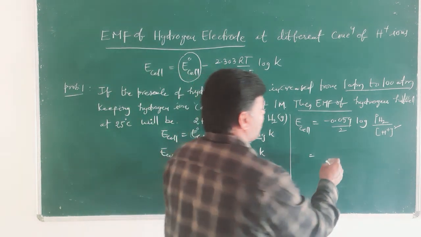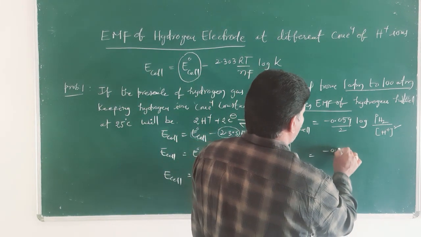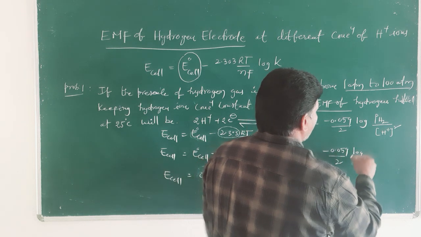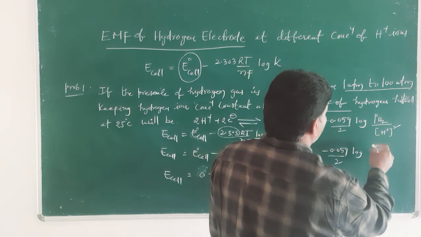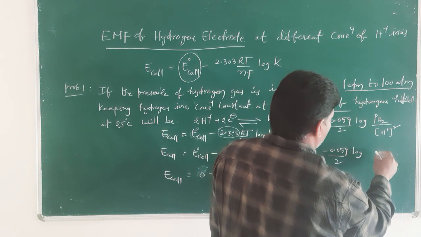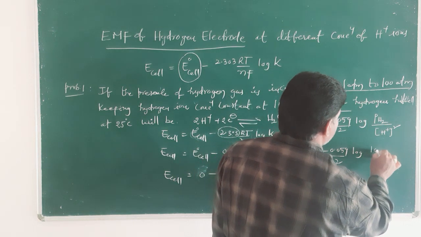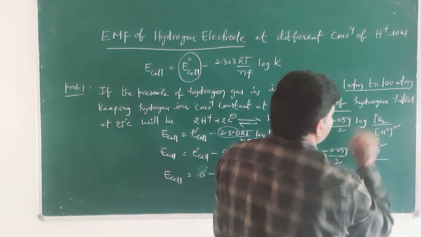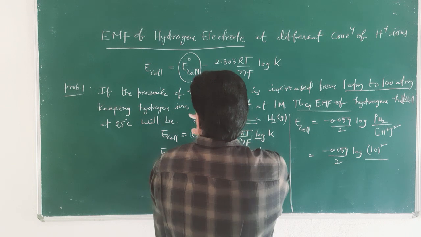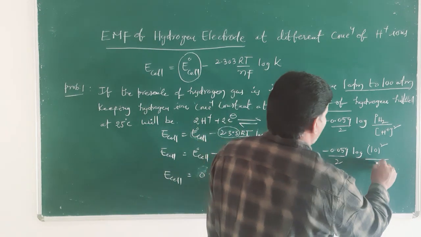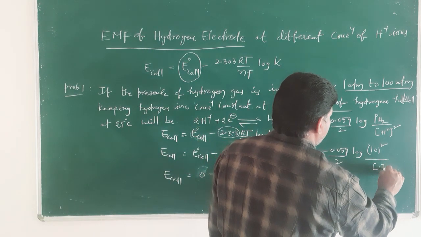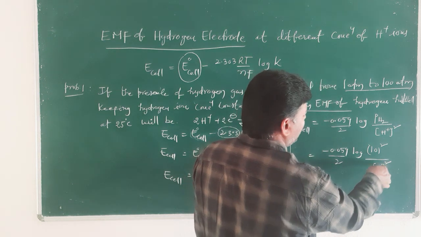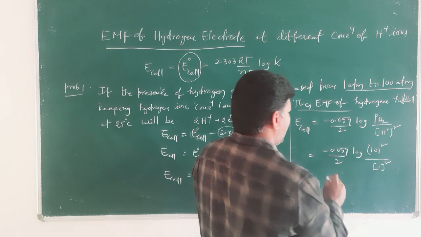So, we need to substitute those values: minus 0.059 by 2 log, where the partial pressure is increased from 1 atmosphere to 10 atmosphere, 100 atmosphere. We can write that 100 atmosphere as 10 square, divided by the concentration of H plus ions, which is kept constant, that is 1. The concentration of H plus ions is 1 square, right. So 1 square means that becomes 1, and minus